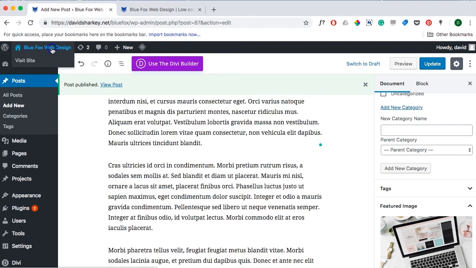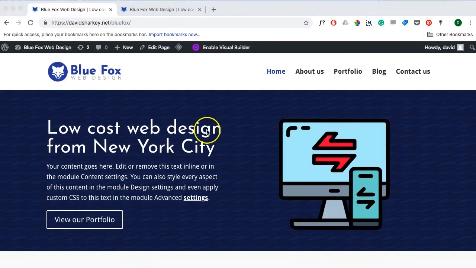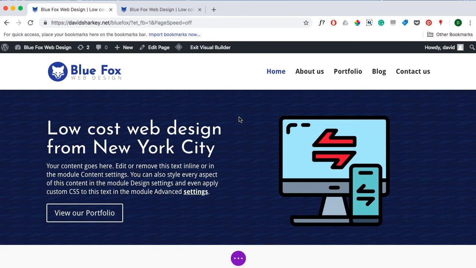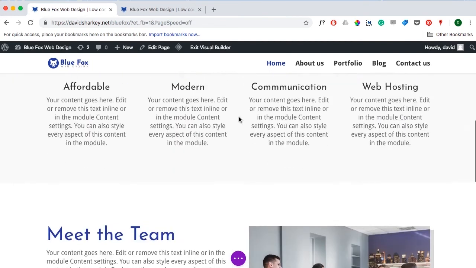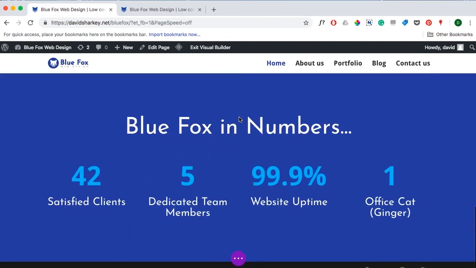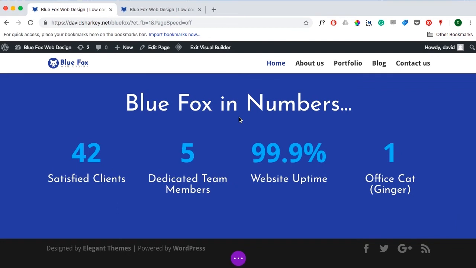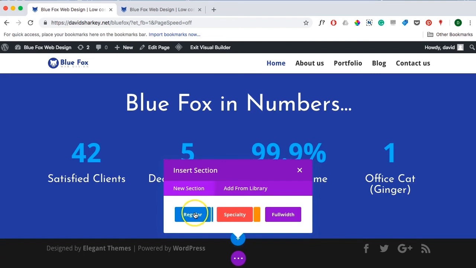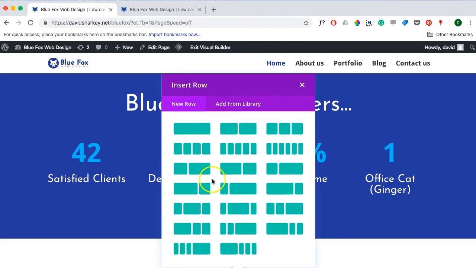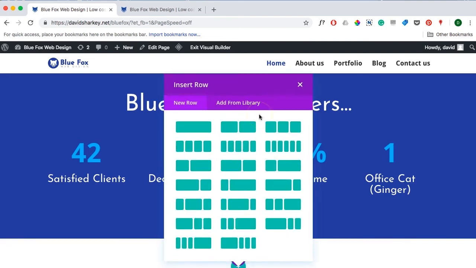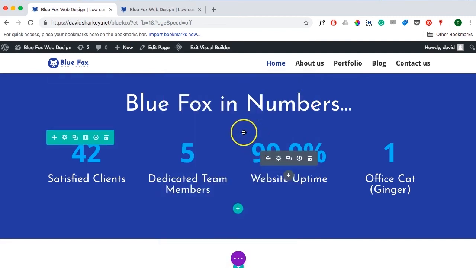So come to the homepage of the website and enable the visual builder. Okay, so scroll down to the bottom. After the blue fox in numbers section, we're going to add a new section, and it's going to be a regular section. Okay, when it gets to the insert row feature, just close that for now,